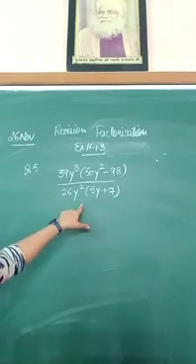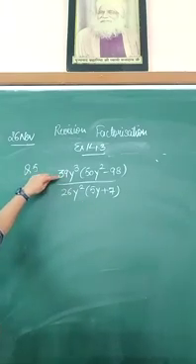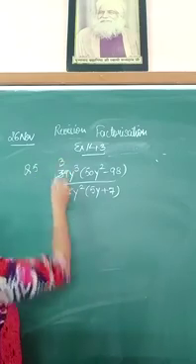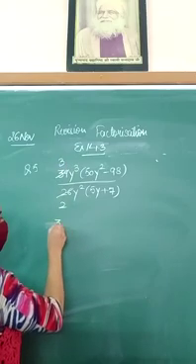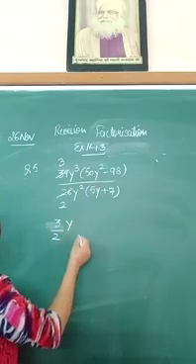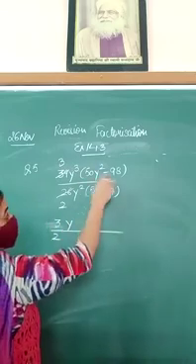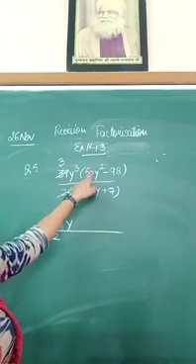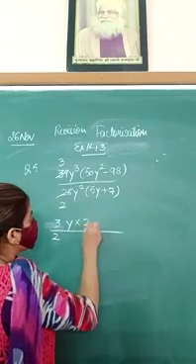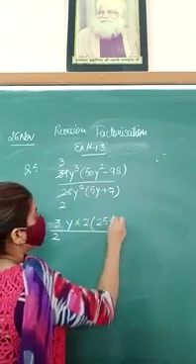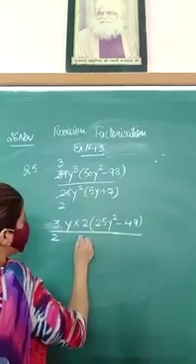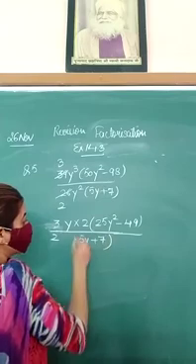Question number 5, last part. In this both the terms come in the table of 13. So this is 13 twos are and this is 13 threes are. So you are left with 3 by 2. Y cube and this is y square. If you cancel it out, you are left with only y in the numerator. From these two terms, as you can see, between these two terms you have 2 common. So take 2 common from this. You are left with 25y square minus 49. And from the denominator you have 5y plus 7 as it is.